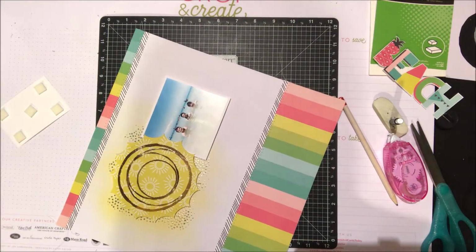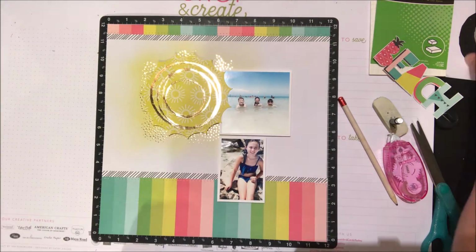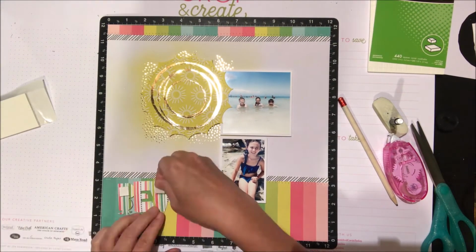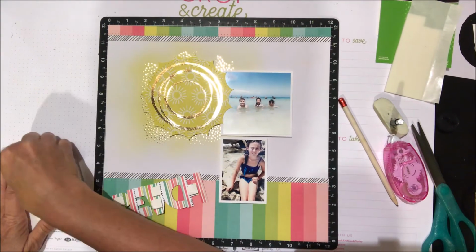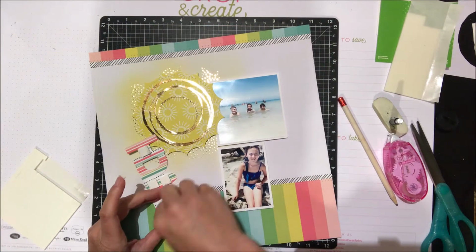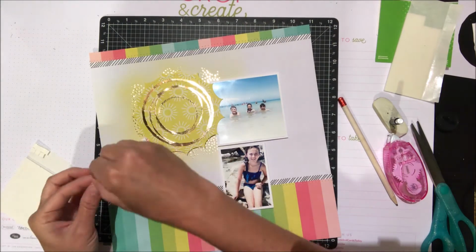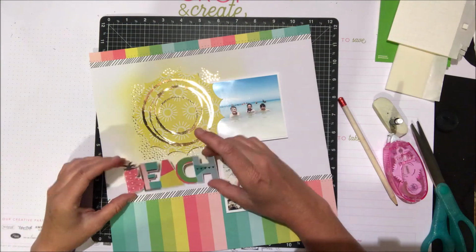Alright, so I'm going to trim off my edges with the sewing machine here, and then I'm going to go ahead and just finish getting everything back onto my page. So I'm going to take some foam adhesive again, and I'm going to add that to the back of the fussy cut word. So I'm going to use a mixture of the larger and the smaller squares for this. The smaller ones are really great, just stick in those tiny little areas. Really easy, and then you just peel off the backing, of course,